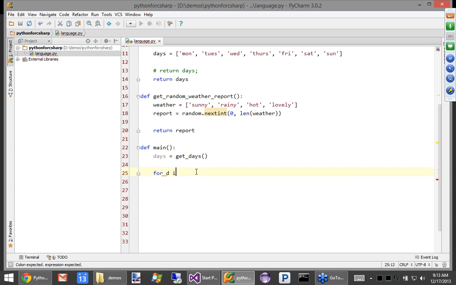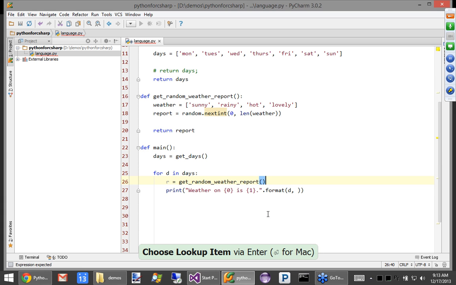So we'll say for d in days colon to define a new section, and then we'll say print weather on curly 0 is curly 1, just like C#. And we can say format instead of doing it on the Console.WriteLine. We'll see d, and then let's over here say r equals get random weather report r.